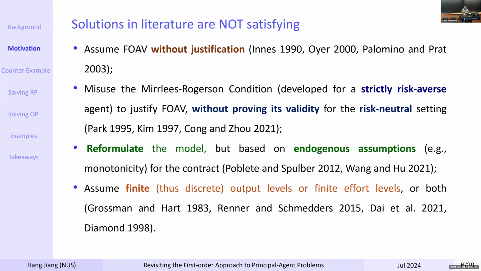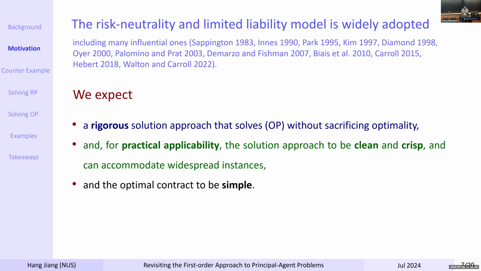And some use a simpler model. They solve for finite or discrete output levels and finite effort levels. For example, Grossman and Hart, this very celebrated paper, and they transform the original problem into a convex optimization problem. So all of these methods cannot solve our original problem, right? Because they either use a reformulation with some exogenous assumptions, or simplify the model by assuming discrete